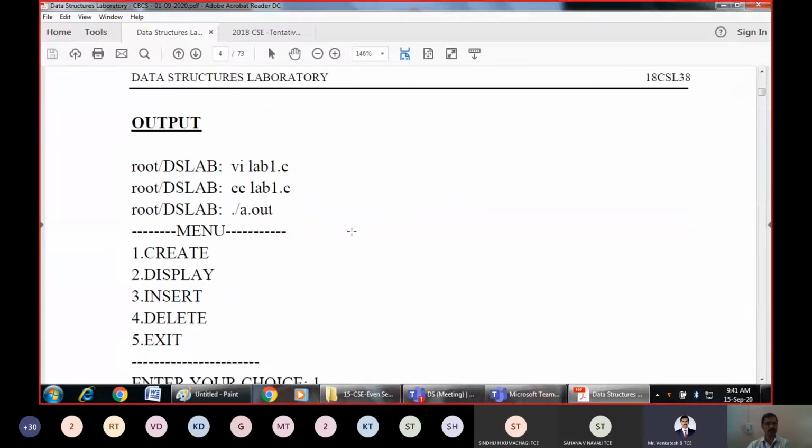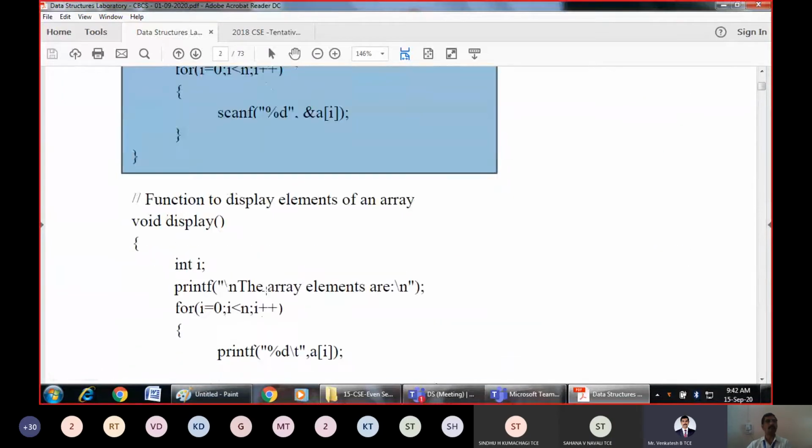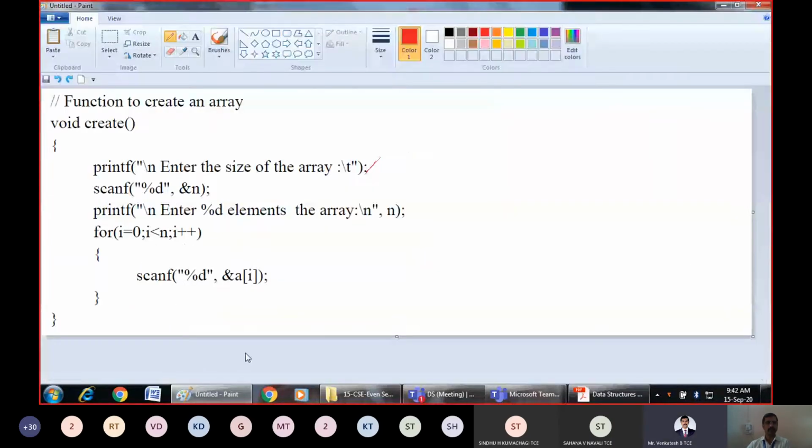Let's see what the flow in this program is. They have taken 3 elements, so I'll go as per the flow. For creating, the size of the array is 3. That means I want to save 3 elements. Here you give the value of n as 3. After this statement, if you enter 3 and press enter, that value will be of type integer and will be scanned into a variable called n. What is the value of n? n is going to contain 3.